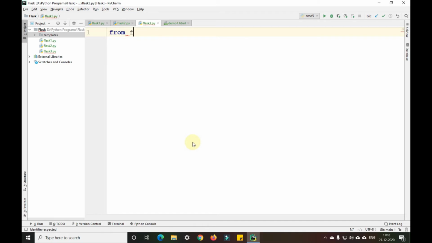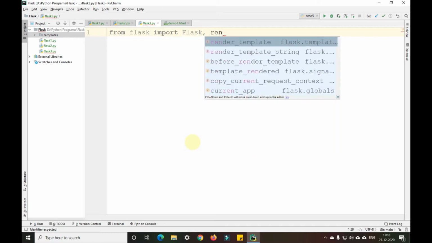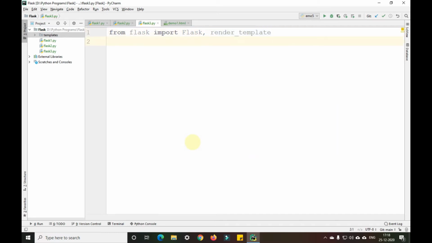From flask import Flask, and also we'll import render_template here. So we have imported Flask and render_template.